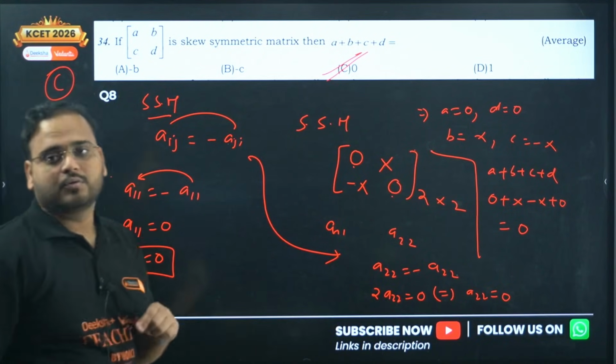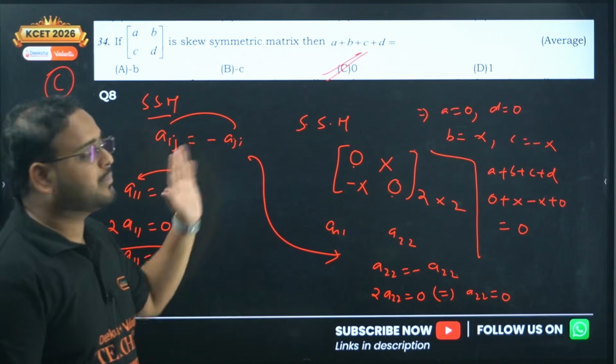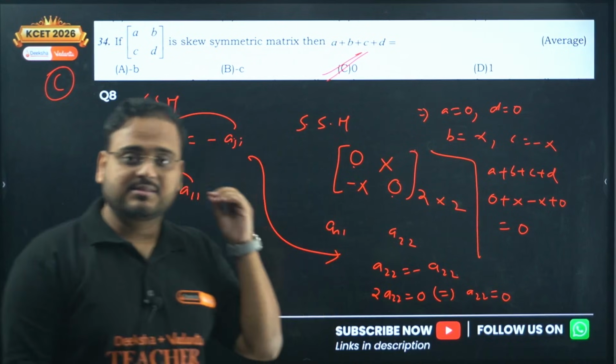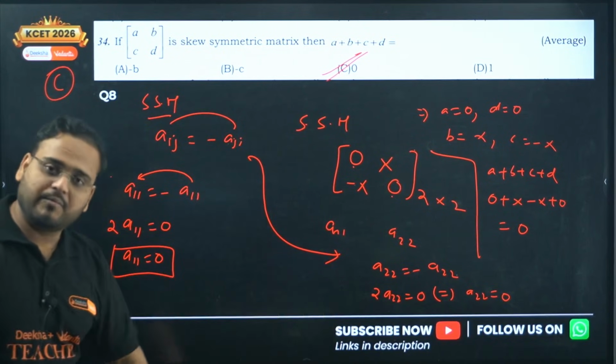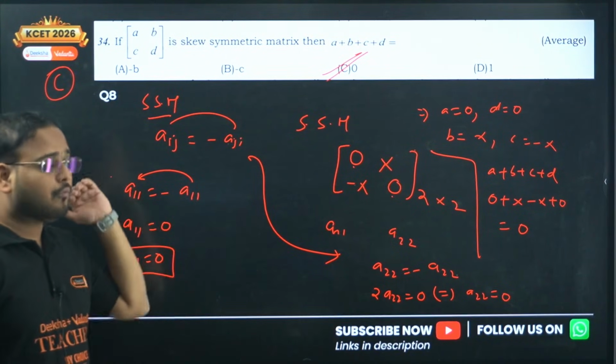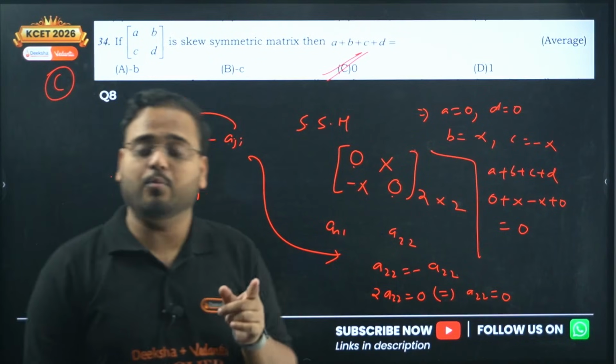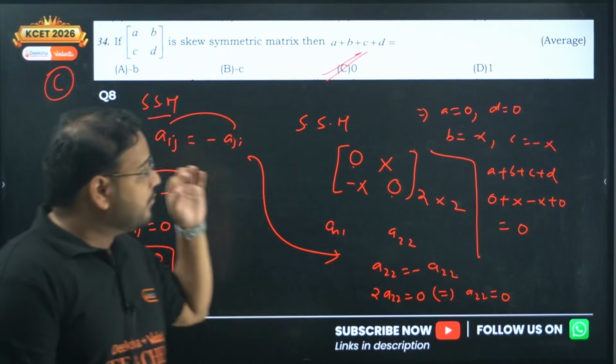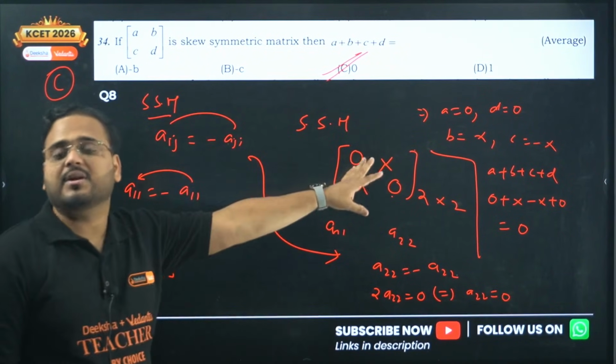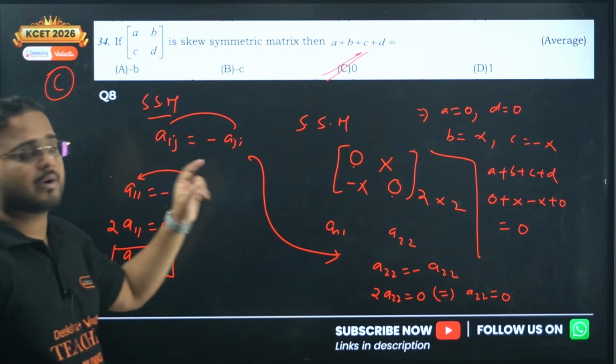Getting it? This is the complete recall of the topic skew symmetric matrix from the chapter matrices. Very, very important. One question will come on this for sure in your board examination. Certainly it will come because it is a very important concept. Every time it repeats. Okay, next,